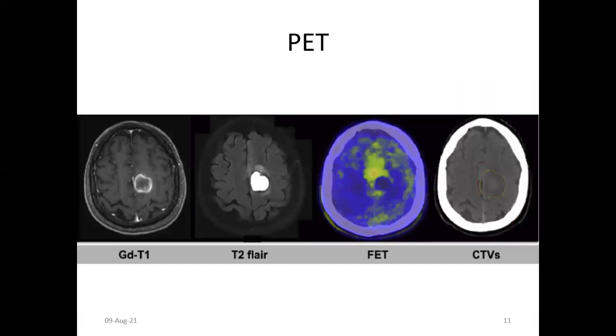If there is a PET scan, FET PET or methionine PET, there is a high chance of accuracy. You can see here the T1 contrast abnormality is not crossing to the opposite area, but PET shows that it is crossing to the opposite area. But considering PET in the target delineation is not determined. Hope in future studies they will include it, or according to the availability of the imaging.